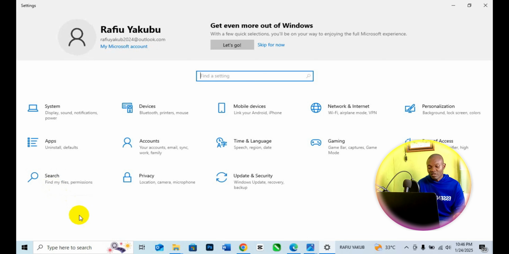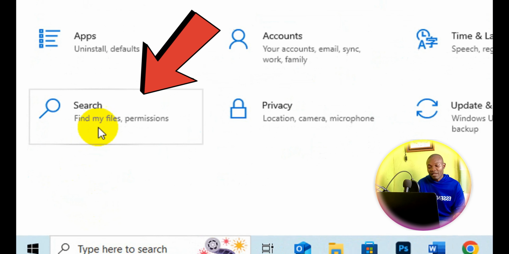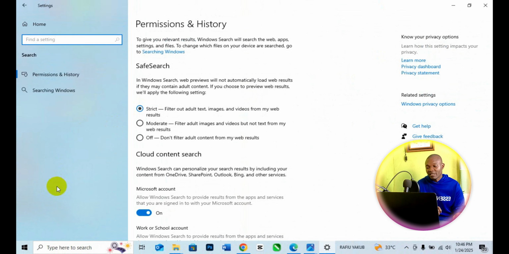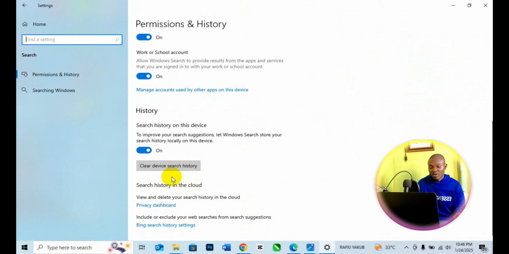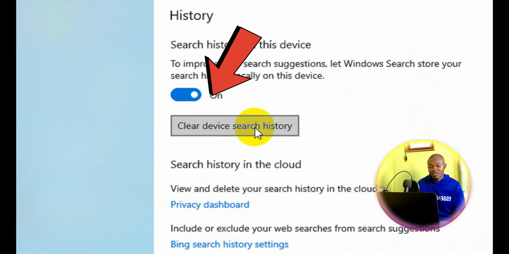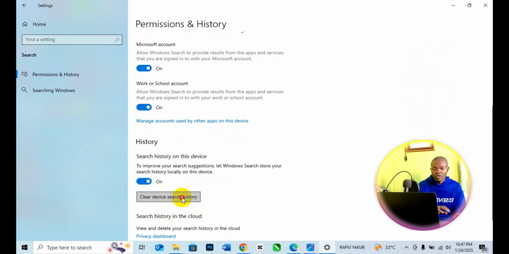Next thing you need to do is to simply go to search right here. Click on that, and it's going to take you right here. Then the next thing you need to do is to simply scroll all the way down, and then make sure you click on clear device search history. Click on that. So having clicked on clear device search history, all the search history you have on your Windows